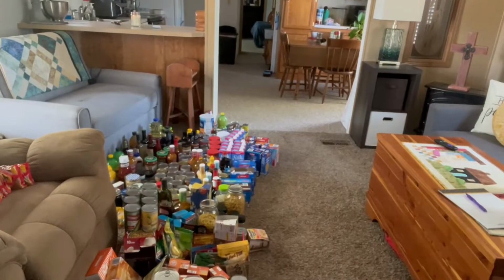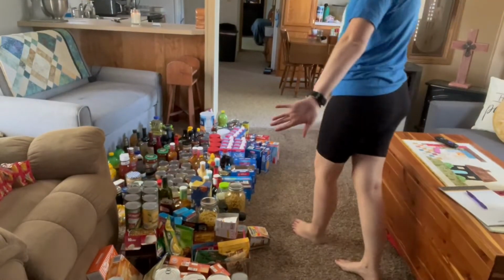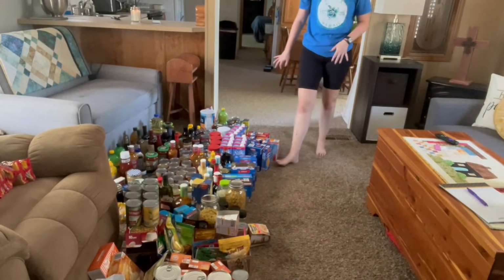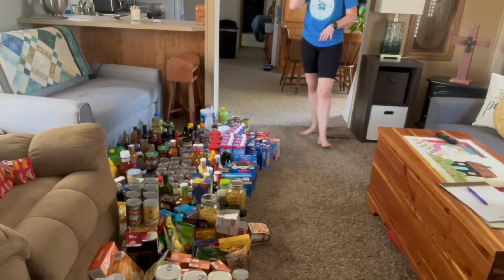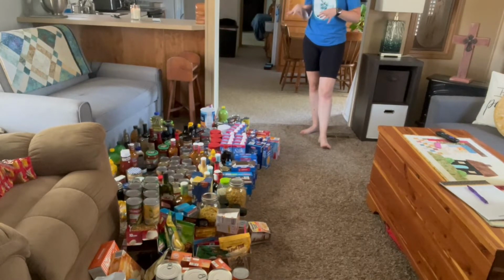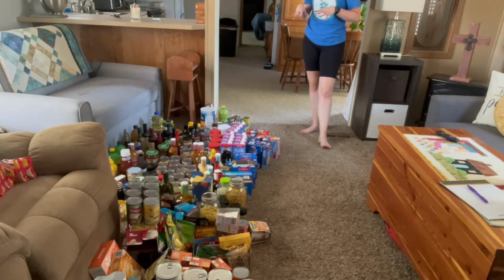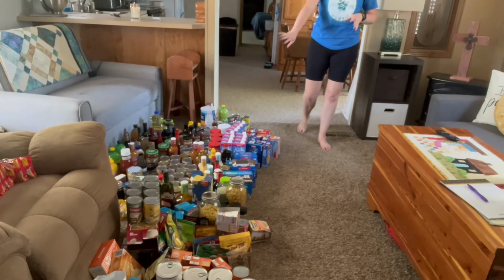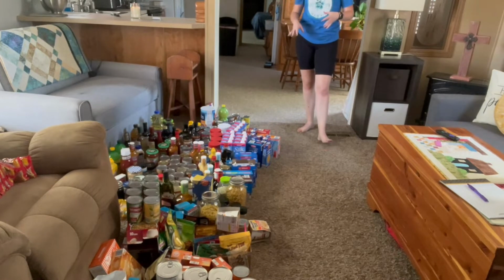Okay, you guys, so that brings us to all of this, and there is some that way that you guys are not seeing. So all of this right here is everything out of the front room, the middle bedroom, and the cabinets that I didn't tell you were staying put. So what I'm going to do is try and organize these by category, and while I'm doing that, I'm going to look at their expiration dates